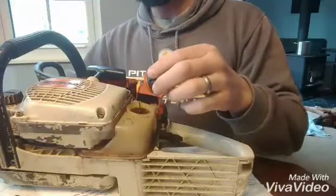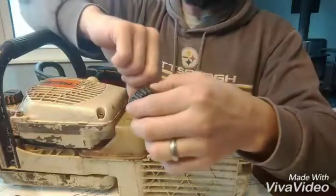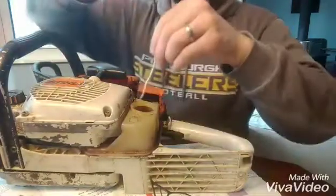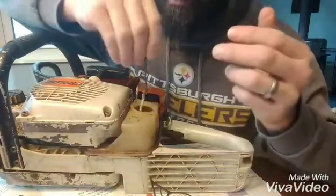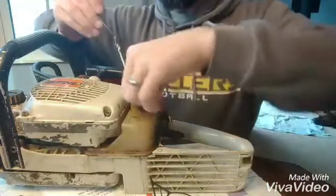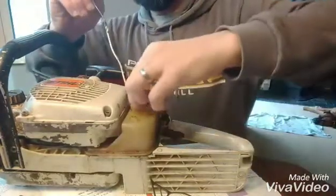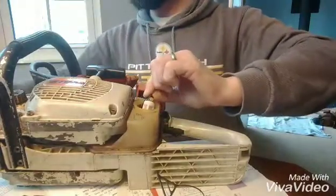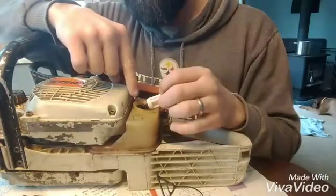Once you've done that, you can either leave your fuel cap in or you can take your fuel cap out. Get something like this with a little hook on it to dip down in there, hook up, grab your fuel line, and pull out your fuel line and your fuel filter. If you're just looking to do the fuel filter,